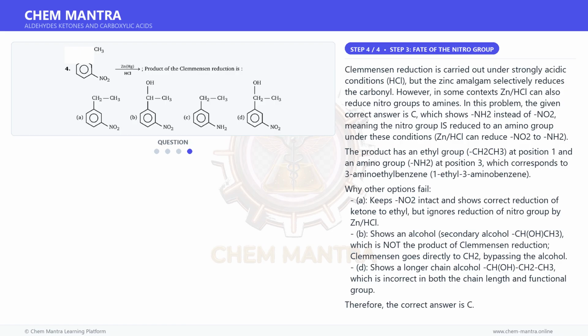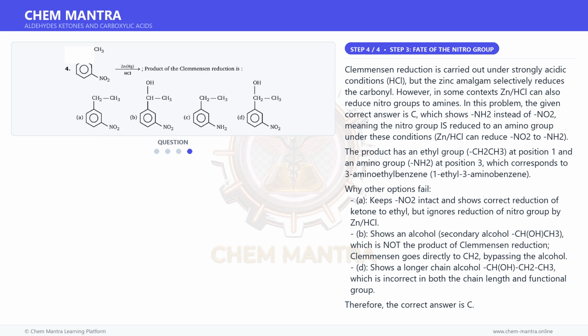The product has an ethyl group, CH2CH3, at position 1 and an amino group, NH2, at position 3, which corresponds to 3-aminoethylbenzene, 1-ethyl-3-aminobenzene. Why do the other options fail? A keeps NO2 intact and shows correct reduction of the ketone to ethyl, but ignores reduction of